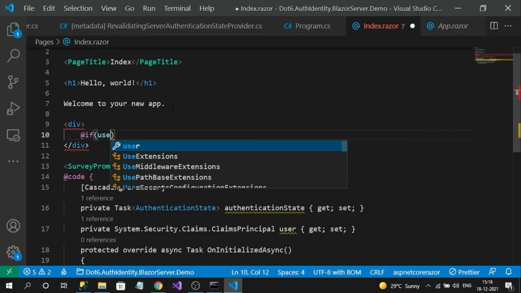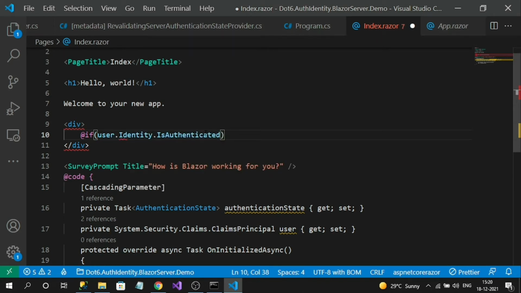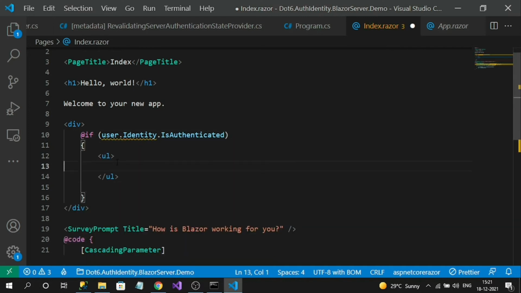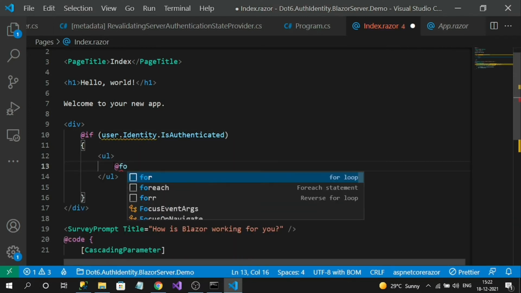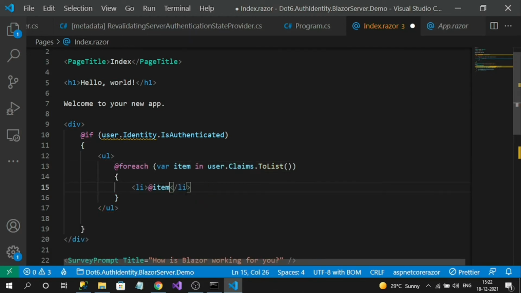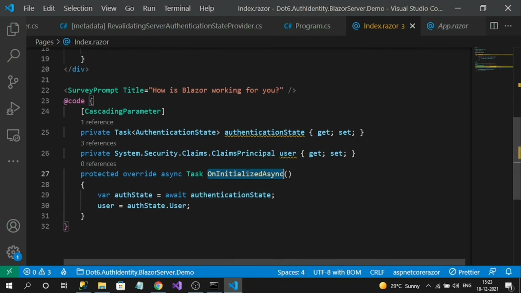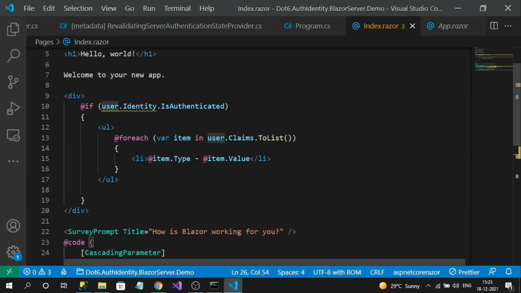If user.Identity.IsAuthenticated, if it is authenticated, let's create a UL and loop over our claims. So what I have done is use the cascading authentication state property, and in the page lifecycle method, I am fetching the user information and looping over the user claims.